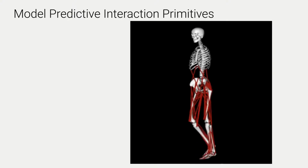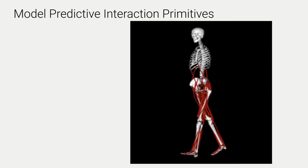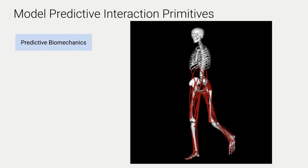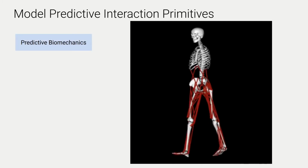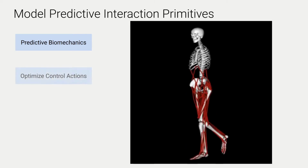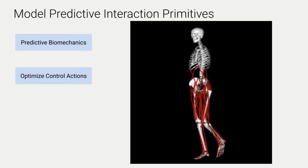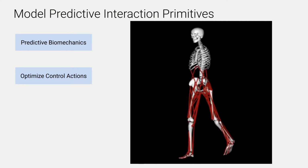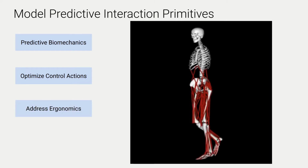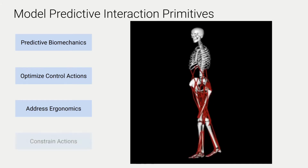We proposed a data-driven method to human-machine symbiosis called Model-Predictive Interaction Primitives, in which assistive devices use a model-based approach to predict future actions as well as hidden biomechanical variables from user input. We can then adapt the actions to elicit specific biomechanical responses from the paired subject, such as a reduction in knee force, moment, or impulse. Pairing machine learning with classical control methods in this way creates a collaborative process to generate healthy and ergonomic interactions